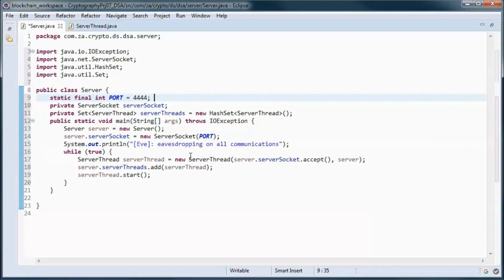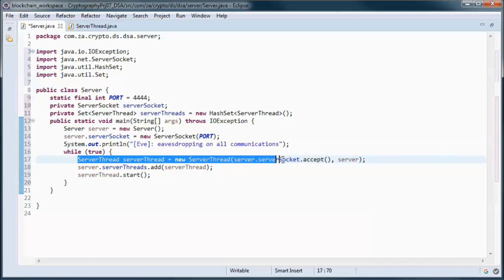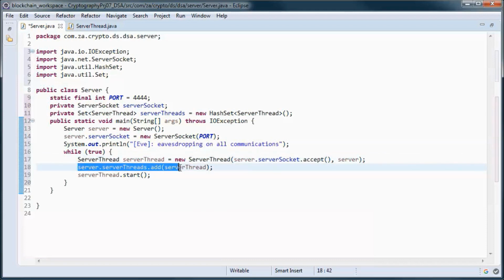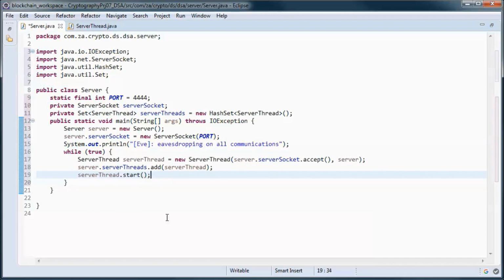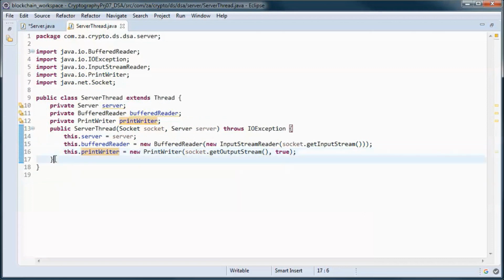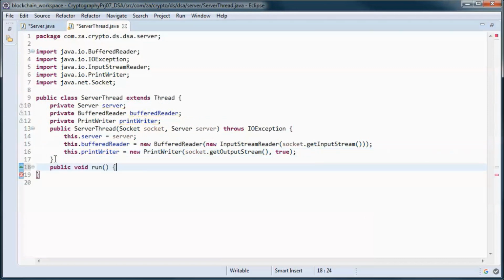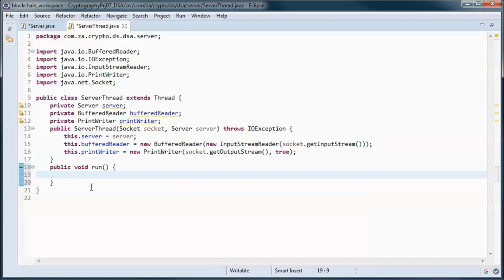And we'll use the server socket in order to accept client connections and dedicate a server thread instance for each one of those connections, and then add that server thread instance to the set of server threads, and call the start method on the thread, which will end up triggering a call to this run method when the operating system decides to do so.